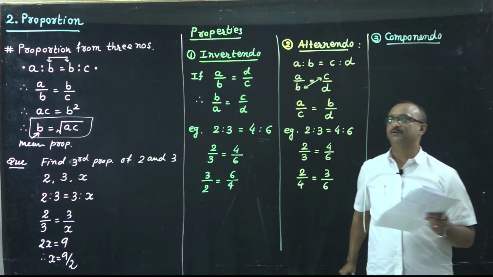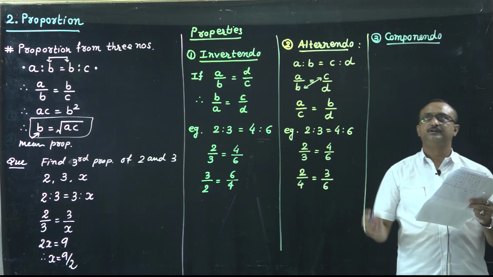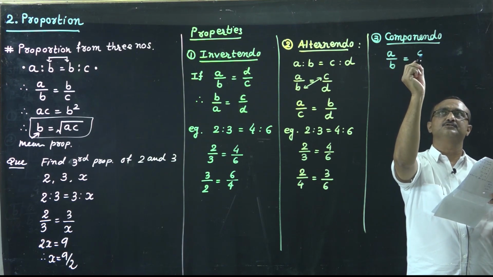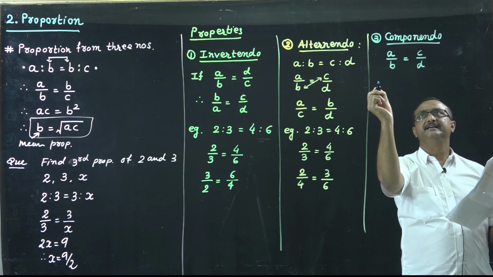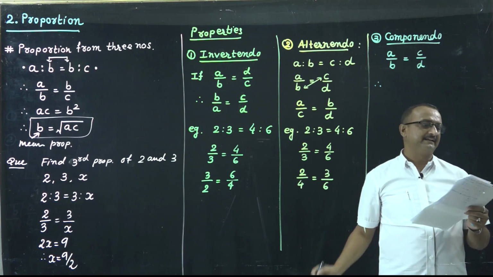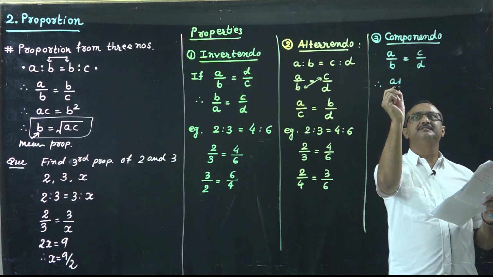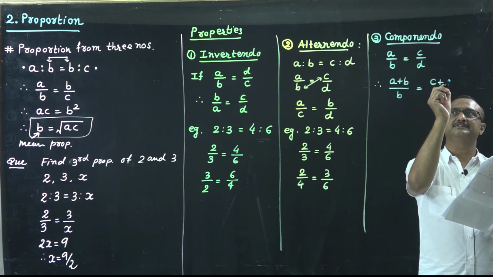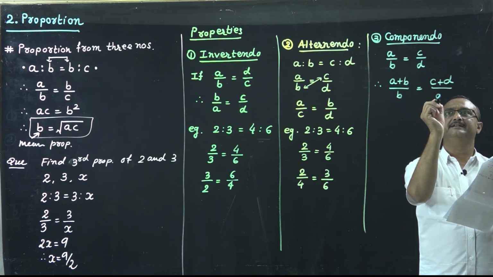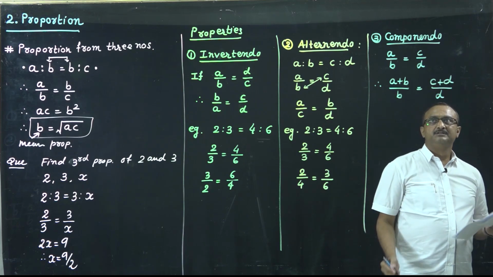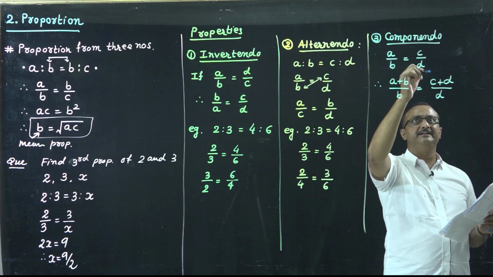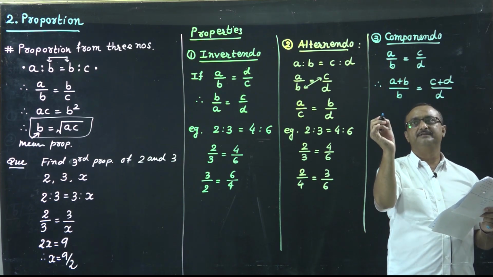Number 3, componendo. Okay. So componendo is if A upon B is equal to C upon D, then we can write A plus B by B is equal to C plus D upon D. Okay. So we can take a sum of numerator and denominator both. For example,